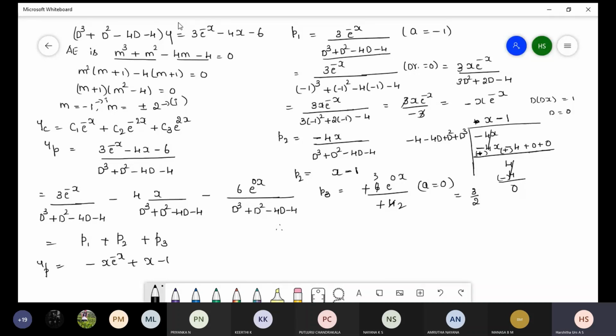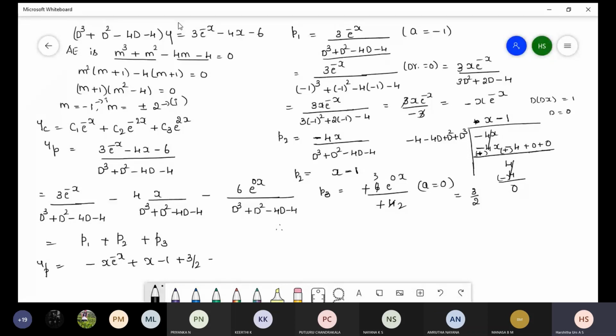So when you are taking with the sign, make it change. Here minus, if you are taking, don't mention here minus. If you are not taking minus, then you have to mention minus sign. Better if you are taking the P2 value with the sign only. P2 and P3. Now P3 is plus 3 by 2.